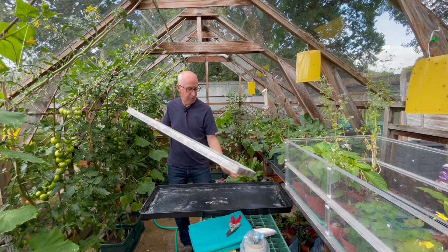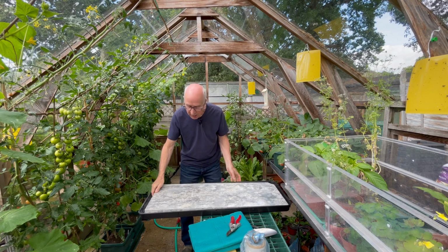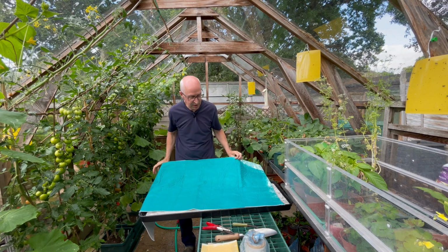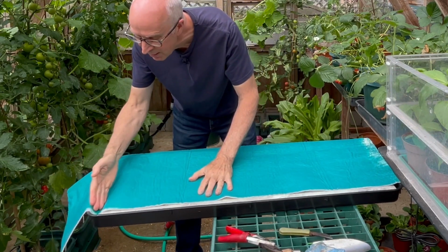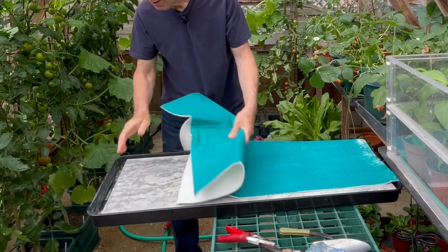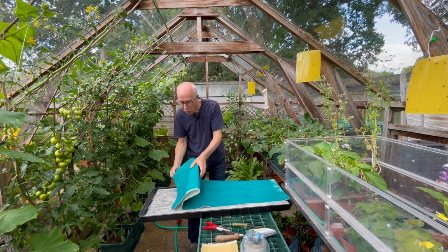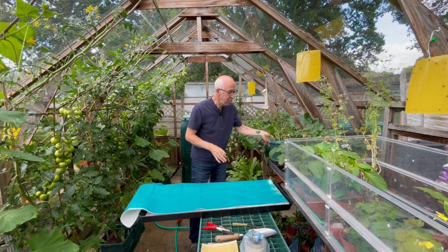This plastic tray comes with a metal shelf, and if you use a piece of capillary matting, get this at garden centres or mail order suppliers, I'll lay this on top of the tray. I'll make a little wick dipping the edge of the capillary matting down into the base, and keeping that base full of water means that there's a massive reservoir, many pints of water in there. The wick takes the water up, keeps the matting damp, and then I can just keep things like my pots